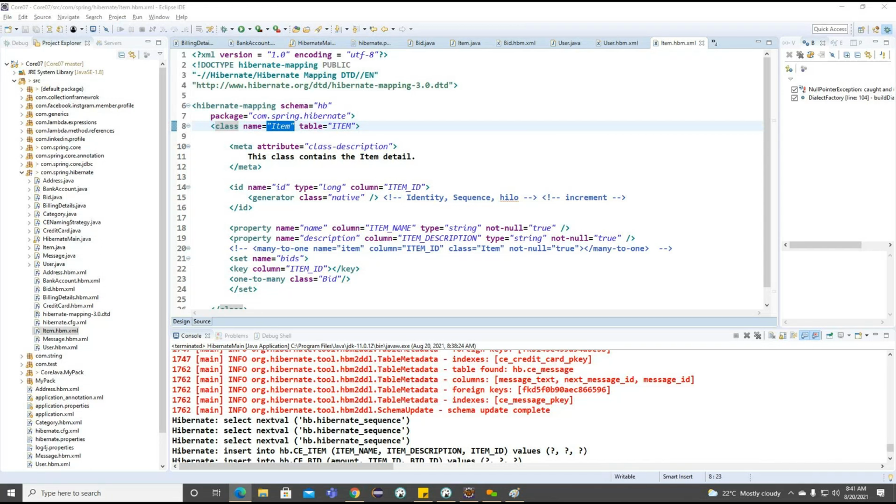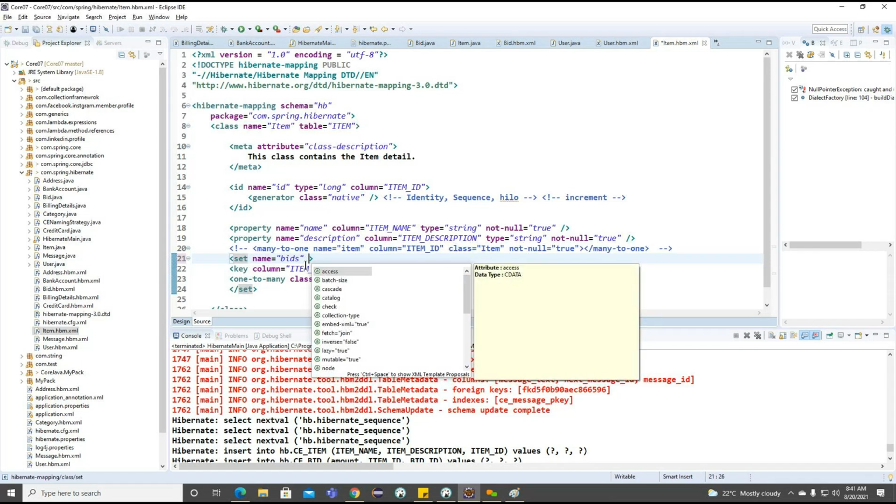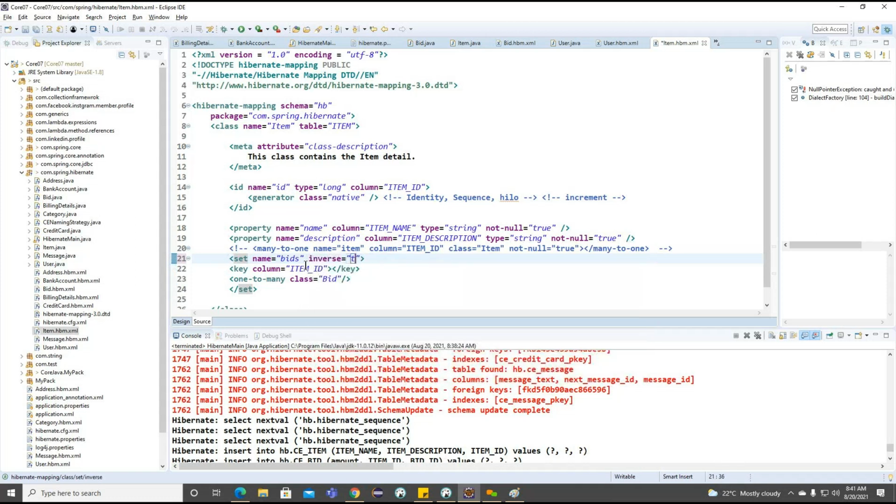What it will do, it will try to take care of the bidirectional association here. Inside this particular set, we'll have an inverse here. By default, this particular inverse is false here. We need to make it true here.